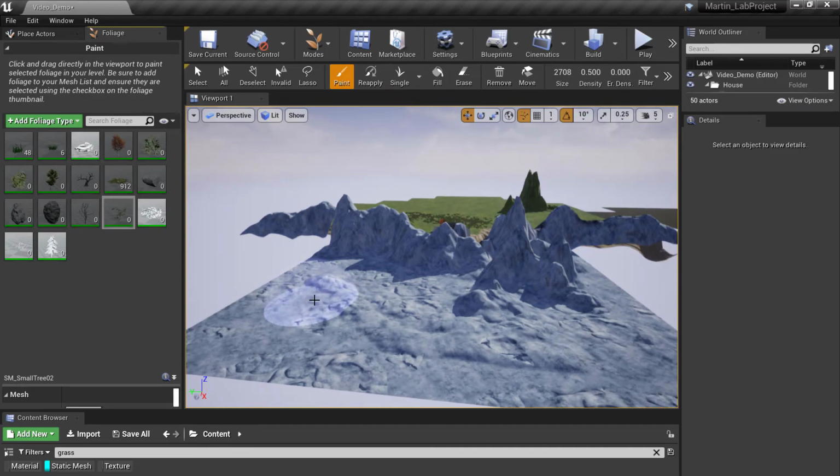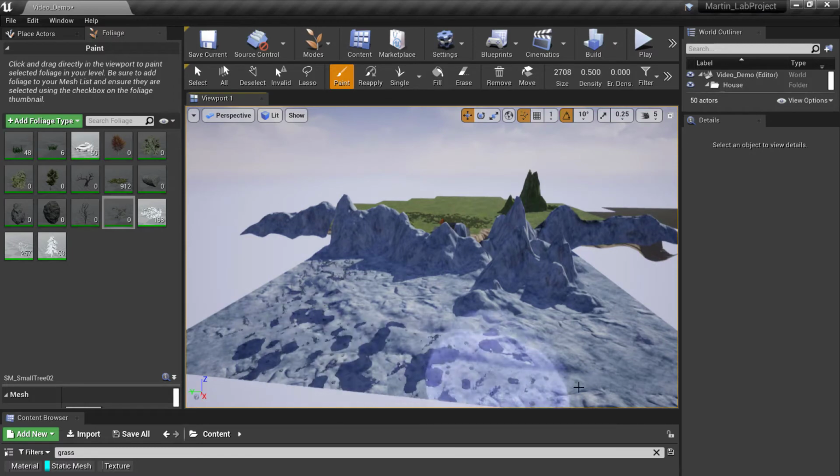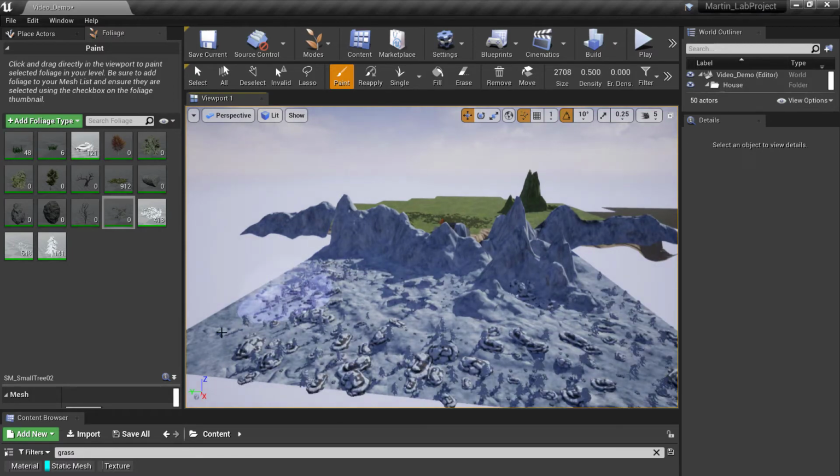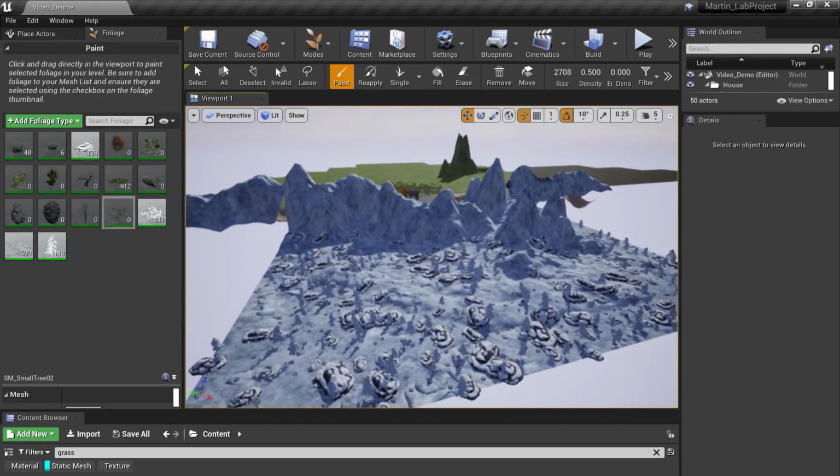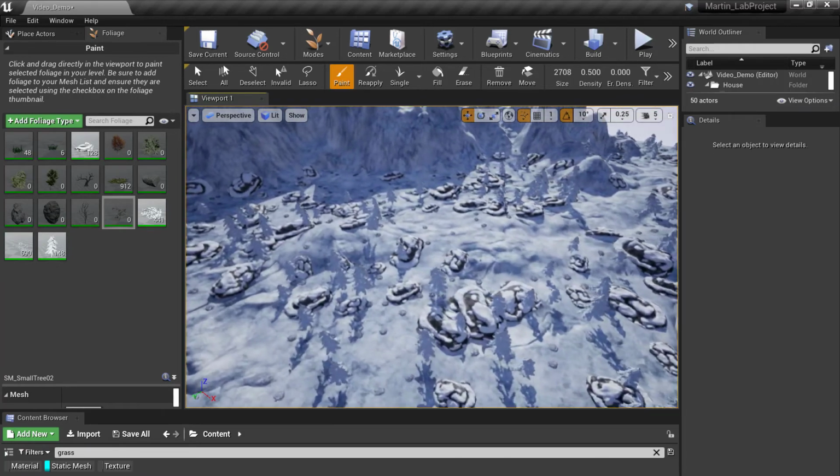So you don't have to create another paintbrush. You just load this in with all the ones that you need and just select the ones that you want when you're using. So again, we have this on paint. So I'm going to go in there and I'm just going to paint this area. So if we go and we look in, we see,